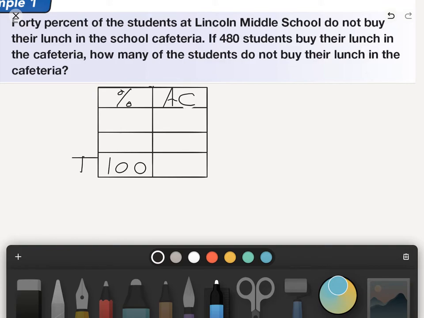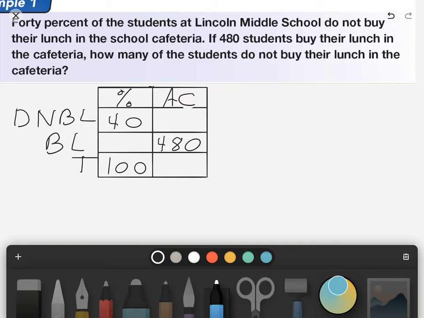Okay, so then we've got our total, which is always going to add up to 100%. Then we've got people who do not buy lunch and people who buy lunch, and it tells us that 40% of the students at Lincoln Middle School do not buy their lunch at the cafeteria, so we can fill that in. Then it says, if 480 students buy their lunch, so that gives us that. And then we're left